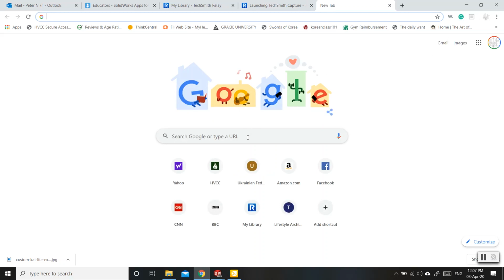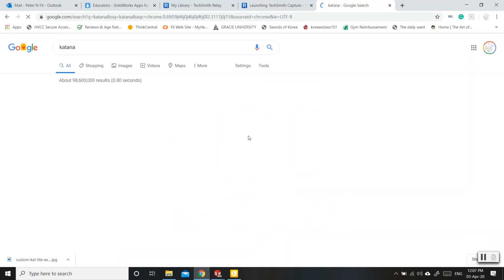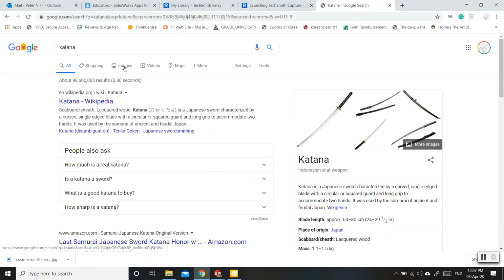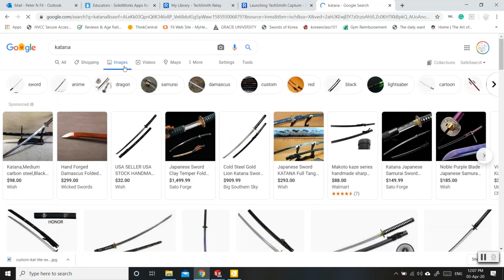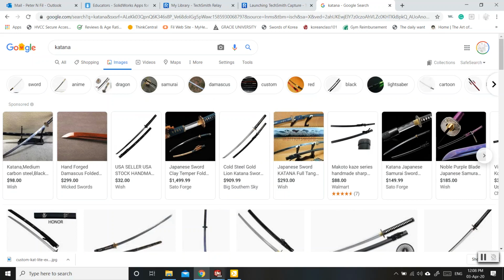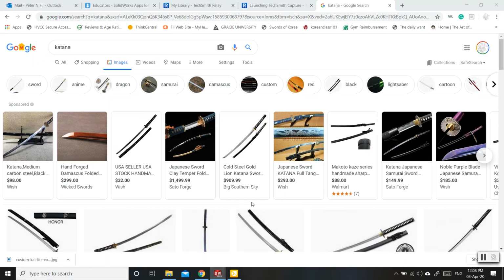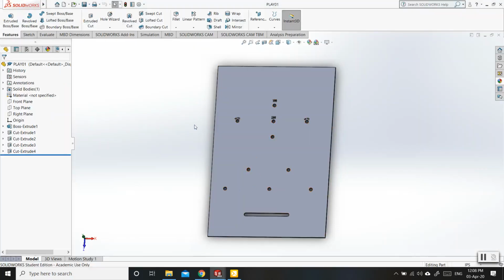to Google Images and I looked up images for some swords, something that was cool. Obviously, you're going to find the theme that you like, that matches with whatever your pinball machine is going to have. So I went ahead and downloaded the image in question. Now what we have to do is bring that into SolidWorks. I've got it saved on my hard drive,